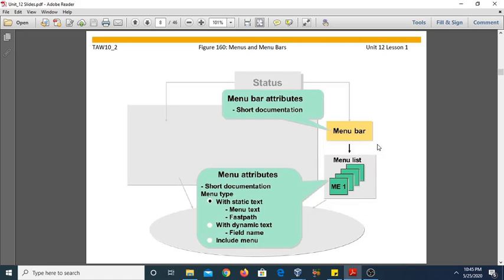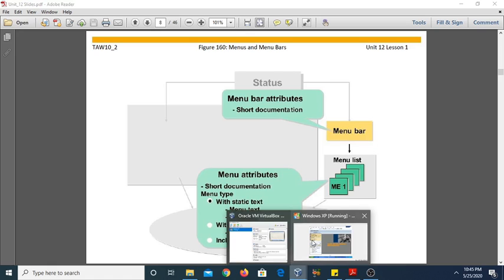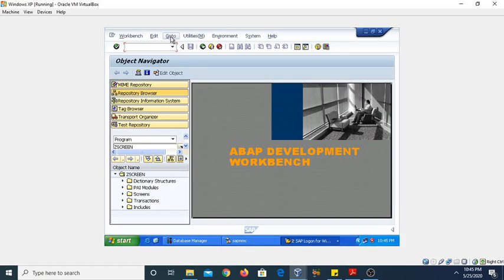Come to the next topic, menu as well as menu bar. These menu entries can include the functions, separators and other menus such as the cascading menus. Here I want to tell you about separators. You can see by practical. If you go to this particular menu, you can see there are two menu items, edit object as well as exit. So there is a separator in between, and this line is called a separator.